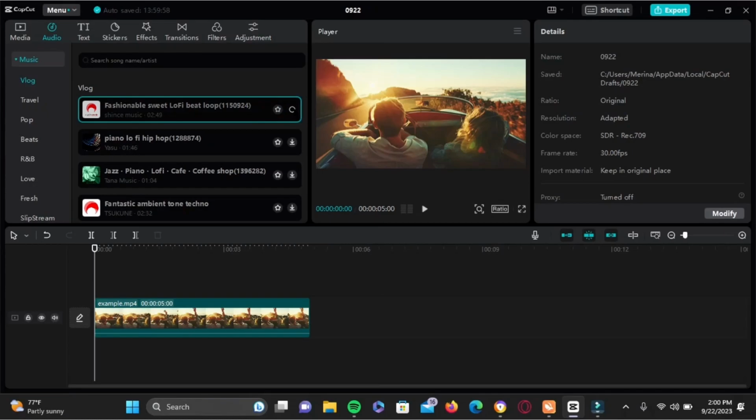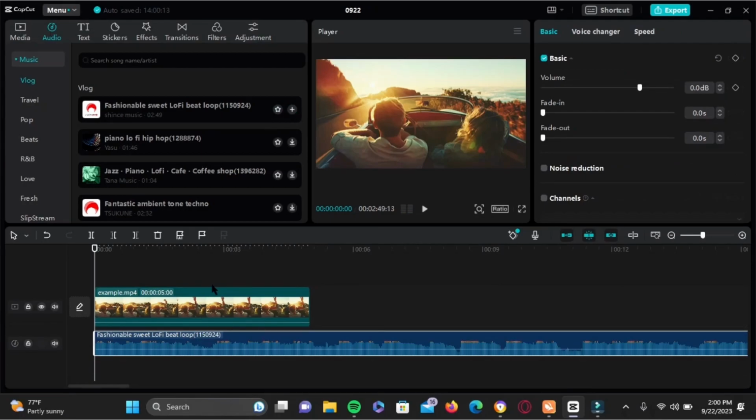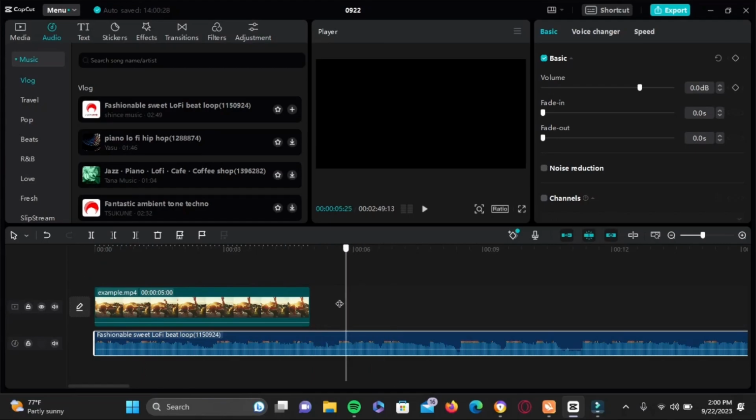So first and foremost, you have to download this audio. Once it is downloaded, just tap on this plus sign icon right here. Now, if you want to split a particular section of this audio, here's what you have to do. On your left hand side, you will see a margin or a line right here. So what you have to do is drag it across the audio where you want to split